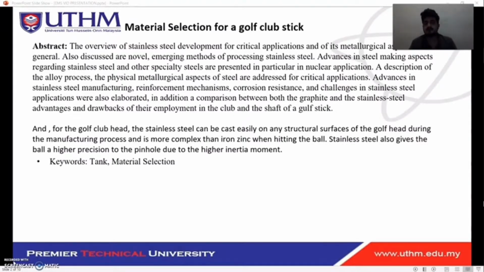Also, discussions of novel emerging methods of processing stainless steel. Advances in steel making aspects regarding steel and other special steel are presented, in particular in nuclear applications. A description of the alloy process and the physical metallurgical aspects of steel are addressed for critical applications. And advances in stainless steel manufacturing, reinforcement mechanisms, corrosion resistance, and challenges in stainless steel applications were also elaborated